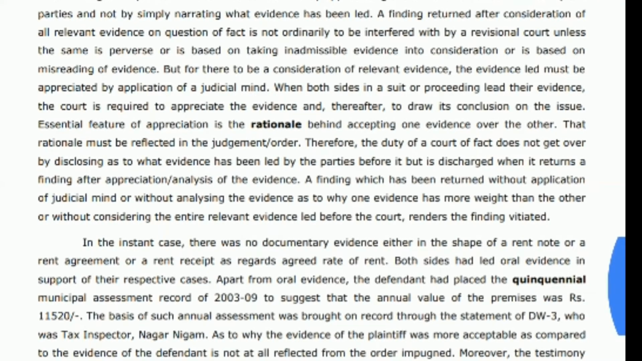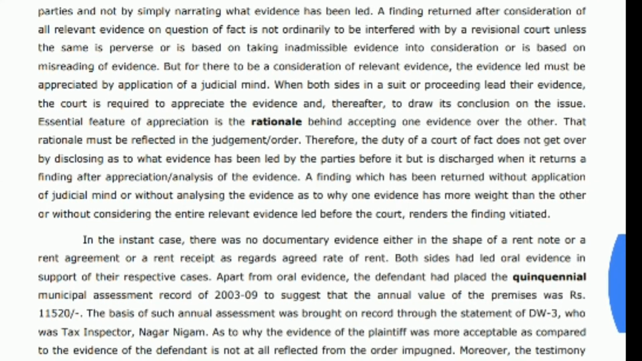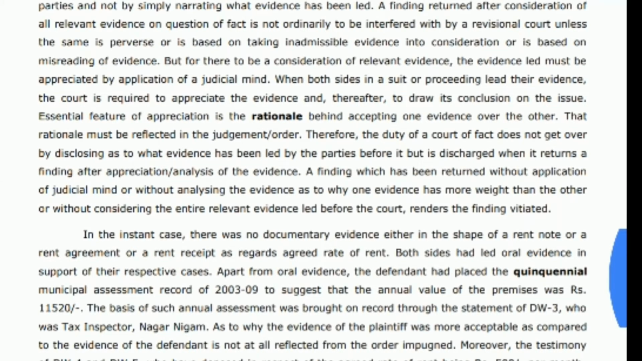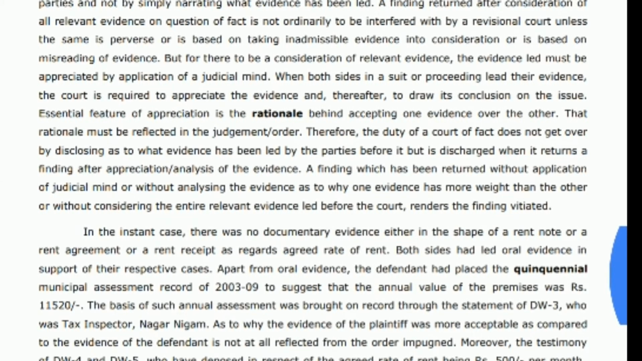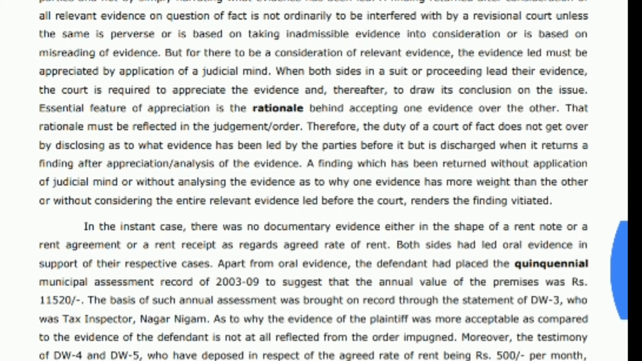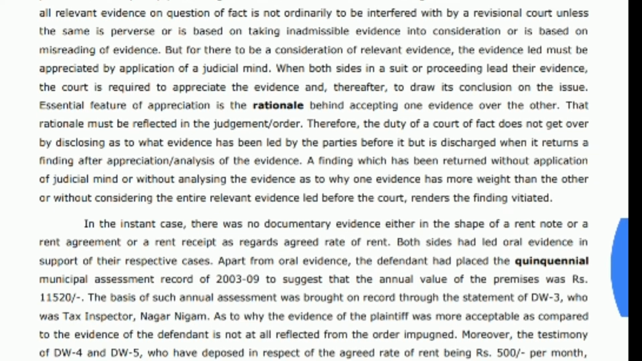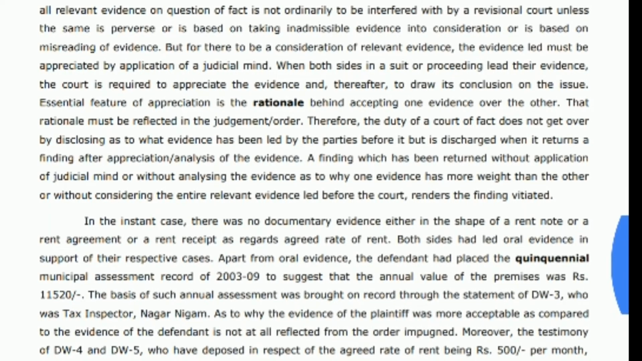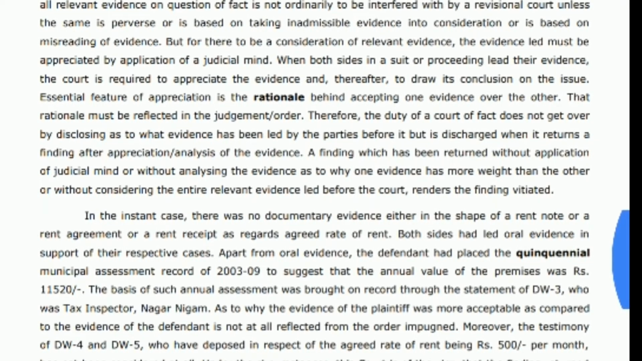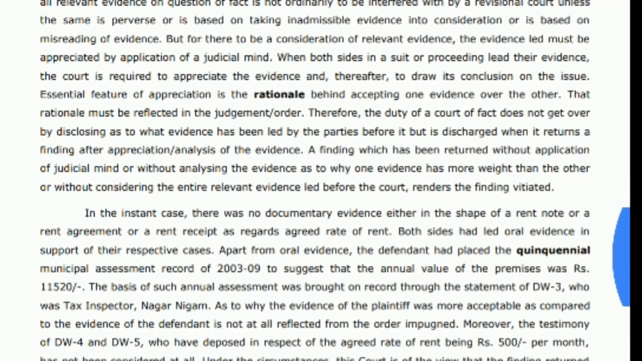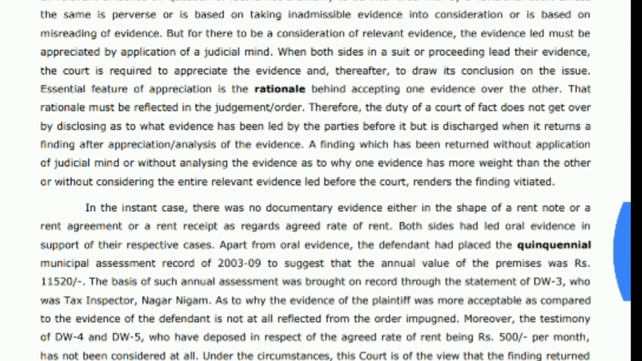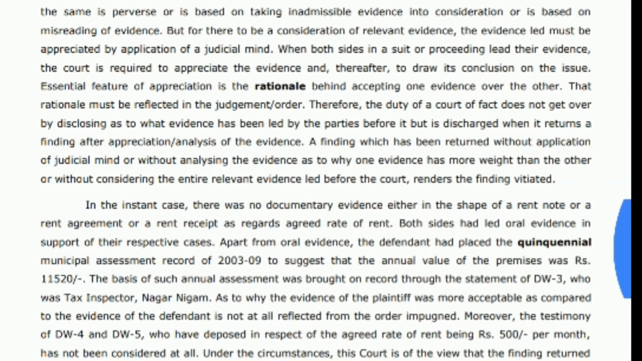In the instant case, there was no documentary evidence either in the shape of a rent note or a rent agreement or a rent receipt as regards the agreed rate of rent. Both sides had led oral evidence in support of their respective cases. Apart from oral evidence, the defendant had placed the quinquennial municipal assessment record of 2003 to 2009 to suggest that the annual value of the premises was rupees 11,520. The basis of such annual assessment was brought on record through the statement of